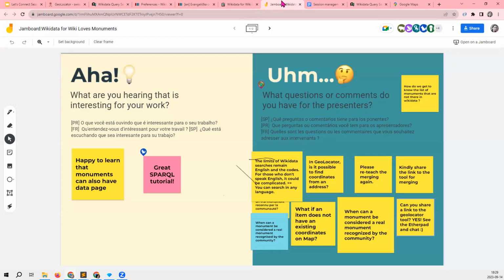If you've never organized Wiki Loves Monuments in your country before, you will have to find ways to identify the real monuments.